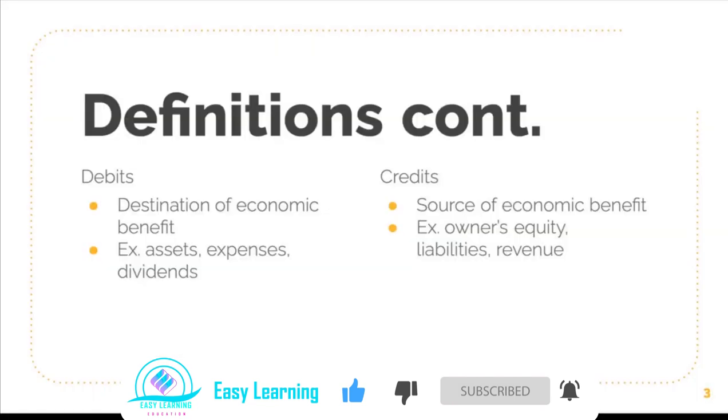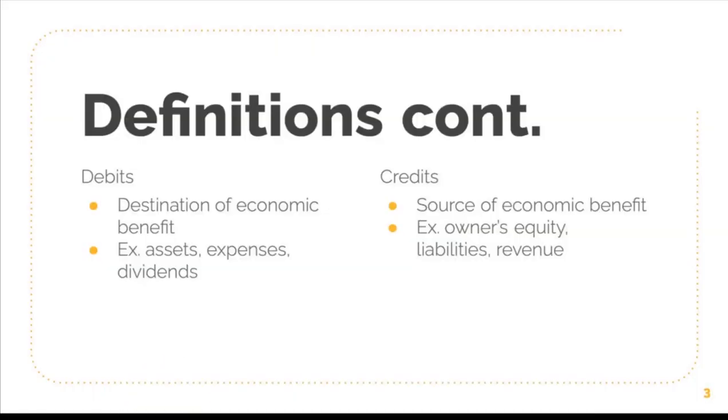Here we have a few more definitions. Debits and credits. A debit is a destination of economic benefit, while a credit is the source of an economic benefit. Now let me try to explain what this means. As mentioned in the first video of this section, accounting is all about recording transactions. In every single transaction, there is someone who gets the money and someone who loses the money. A debit is where the money goes to in a transaction, and the credit is where the money comes from